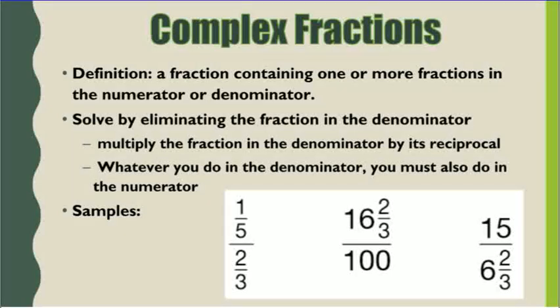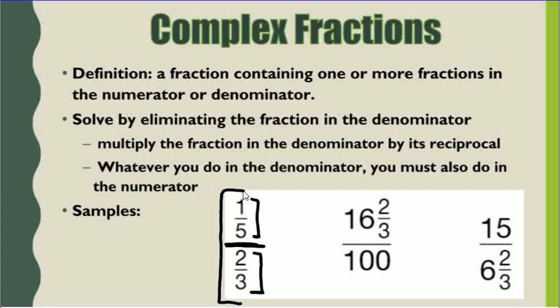If you look at the picture here, I have a fraction because here's the fraction bar. In the numerator, I have one fraction here, and in the denominator, I have another fraction here. So that's what a complex fraction is. You have one or more fractions in the numerator, and at least one fraction in the denominator. When we have complex fractions, we're going to solve this by eliminating the fraction in the denominator,